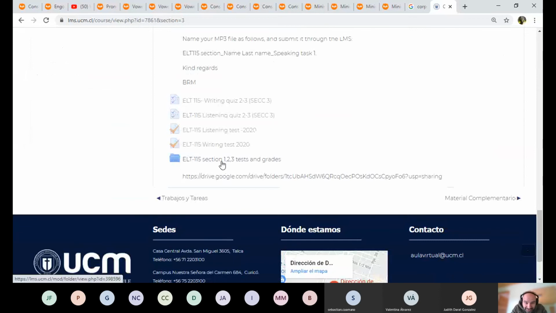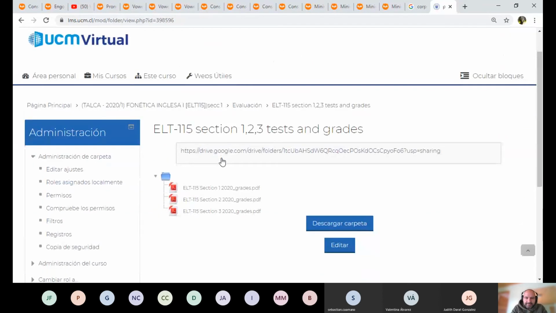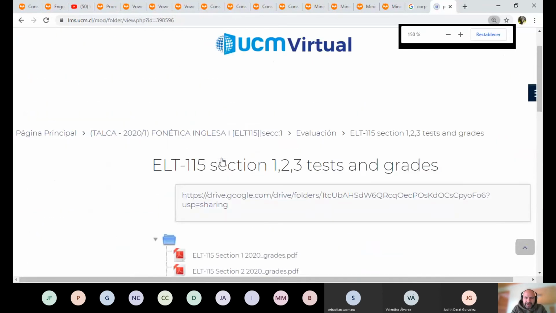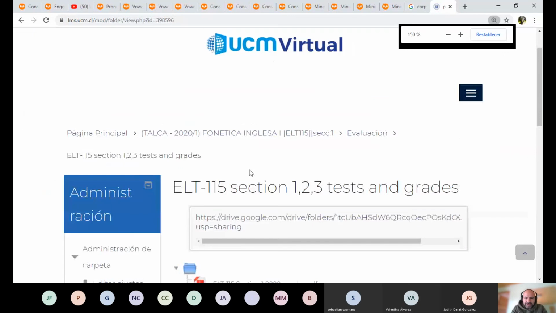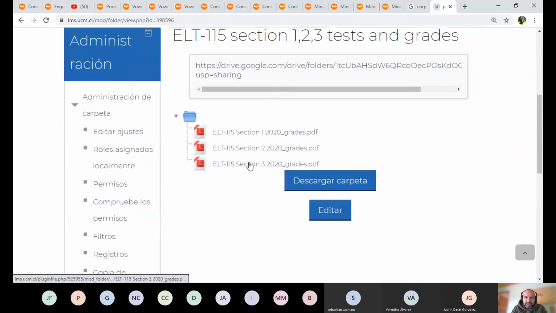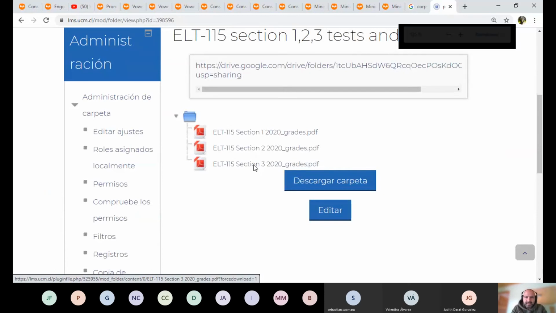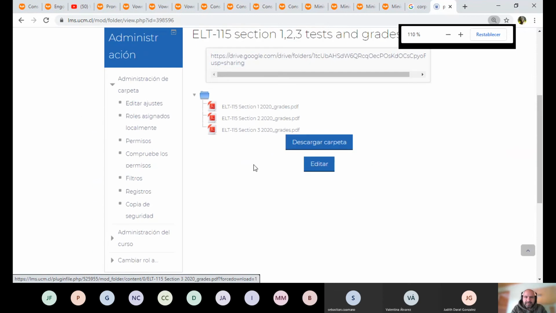It should be sections 1, 2, and 3. If you click there, you will see the grades for sections 1, 2, and 3. So you go there and you click on the file to see your grades for quizzes and tests. Okay, and if you click here,